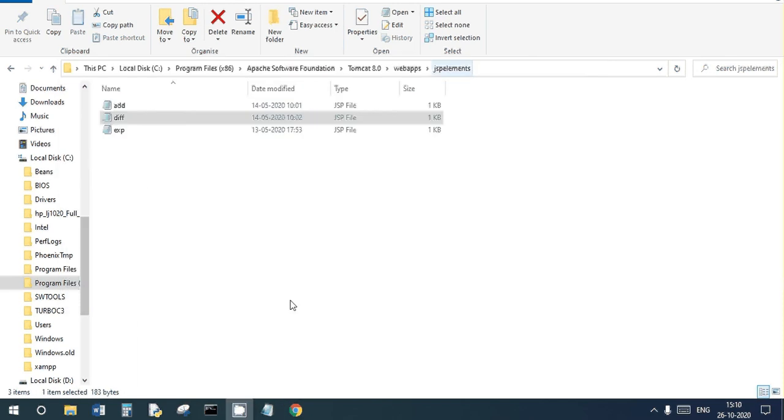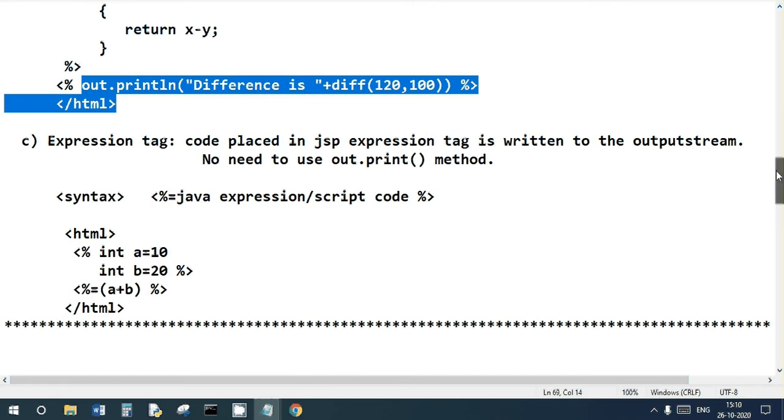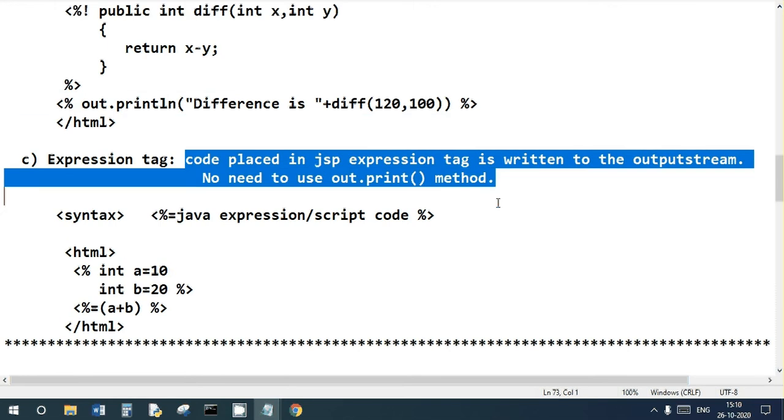We will go to the next scripting element, and the last one is the expression tag. Make sure that when there is only one output statement, you can place it in an expression tag. No need for an out.print statement. Please study these lines. The syntax is less than percentage equal to.